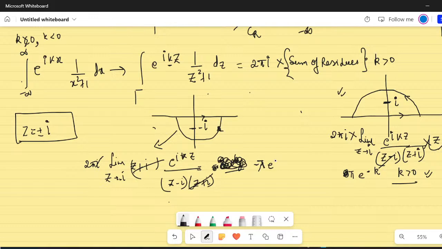and you are going to get e to the power, sorry, plus of k. And don't forget, this particular thing is traversing clockwise, so clockwise would again give a negative, so you'll get pi e to the power k. Okay, so